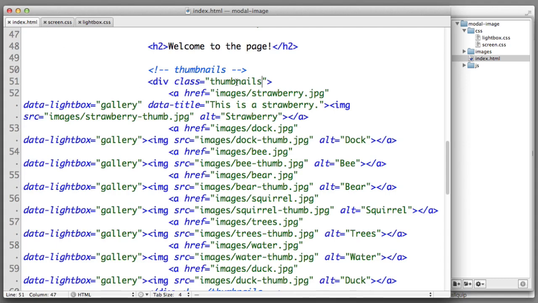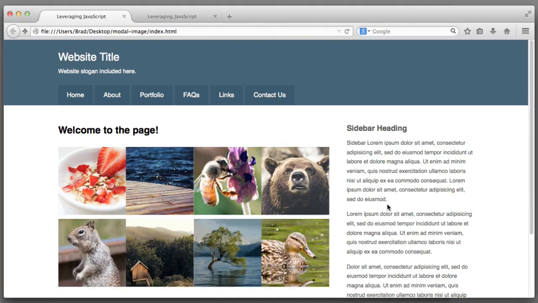So I'm going to add a class of group to the parent thumbnails element. So this way it will clear the floats of its children. So if we refresh in the browser, we see that the images are perfectly resized and repositioned to fit 4 per row. Now if you're following along, in order for your images to be able to resize dynamically, you'll need